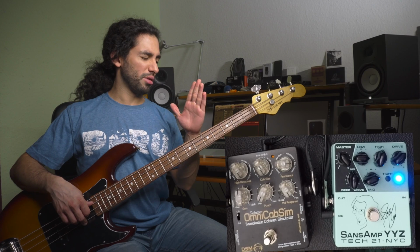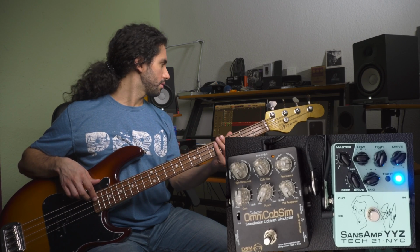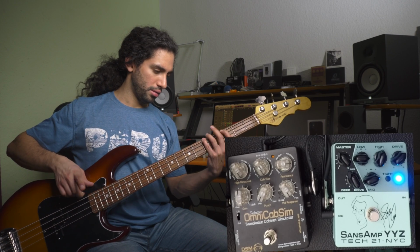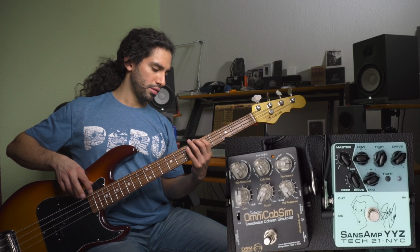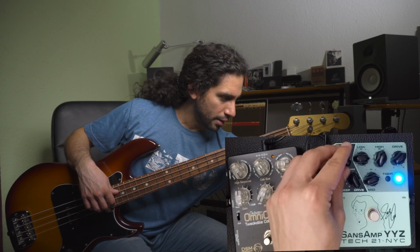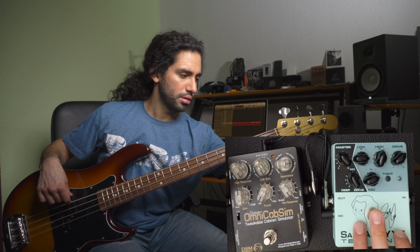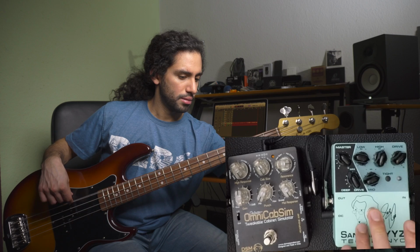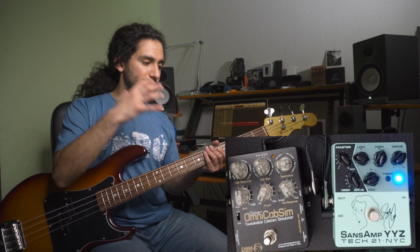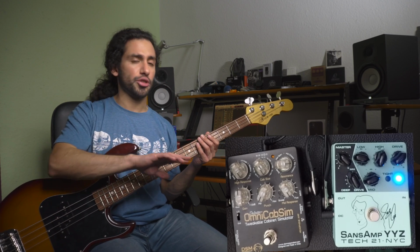I think I'm gonna roll the mix control a tiny bit to the deep side. And as you can hear, it is pretty distorted, but we still have a lot of bass content. So the cool thing about the YYZ is that you can get super aggressive, but still retain a lot of low end. And now, to make it even better, because I think this is a pretty good distortion sound already,